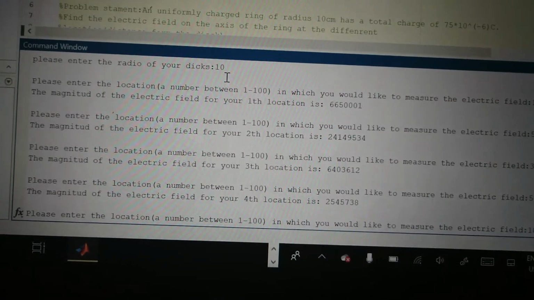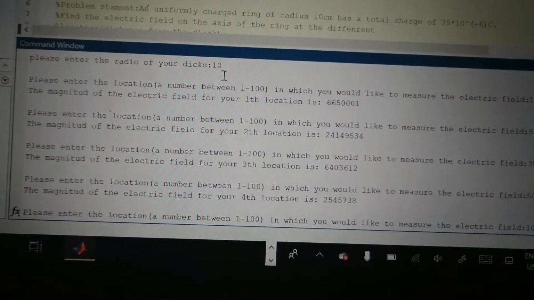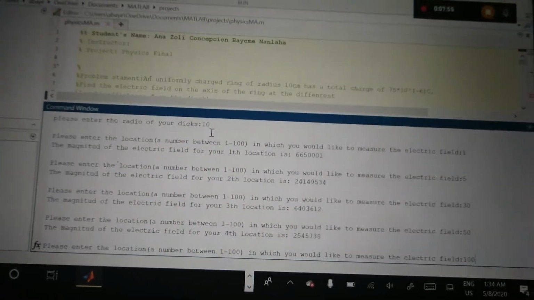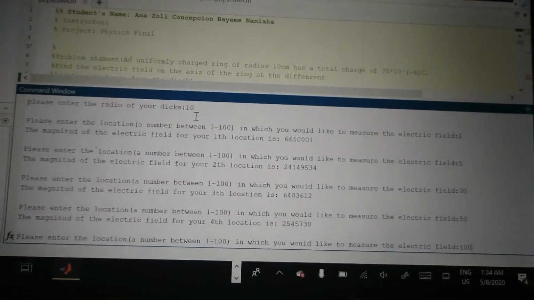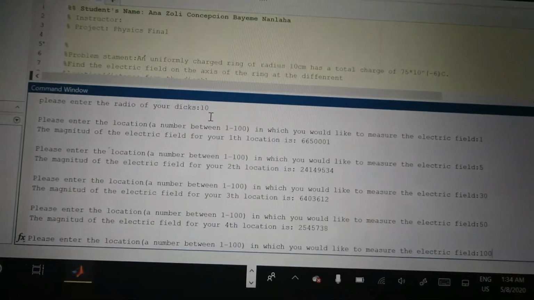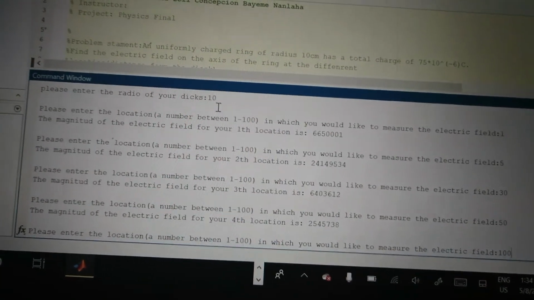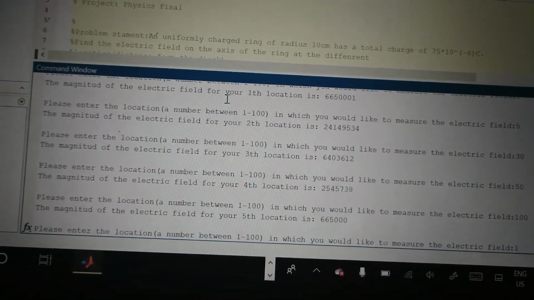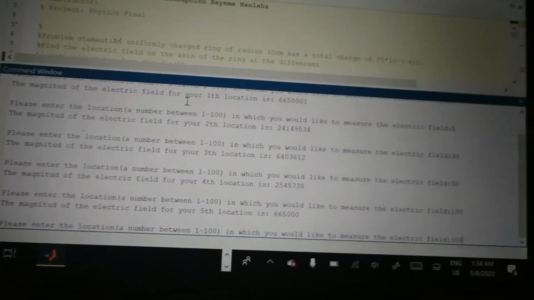Okay, there is a small change that I made. The original problem only gave me 5 locations, but I actually added one more location. I'm just going to enter 100 again, so we won't have a lot of changes. So 100 again,